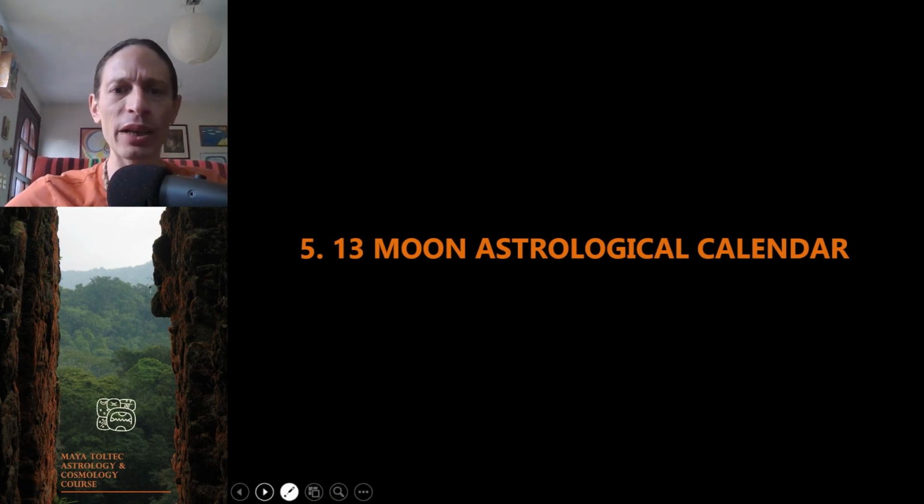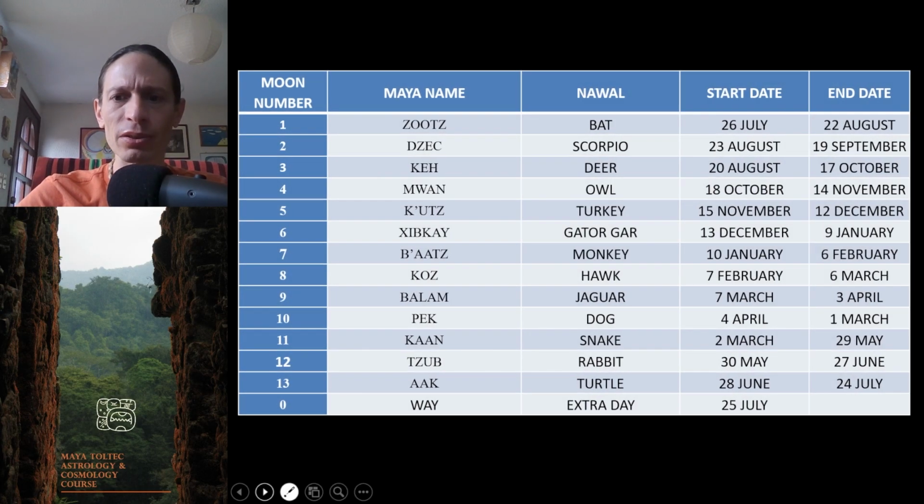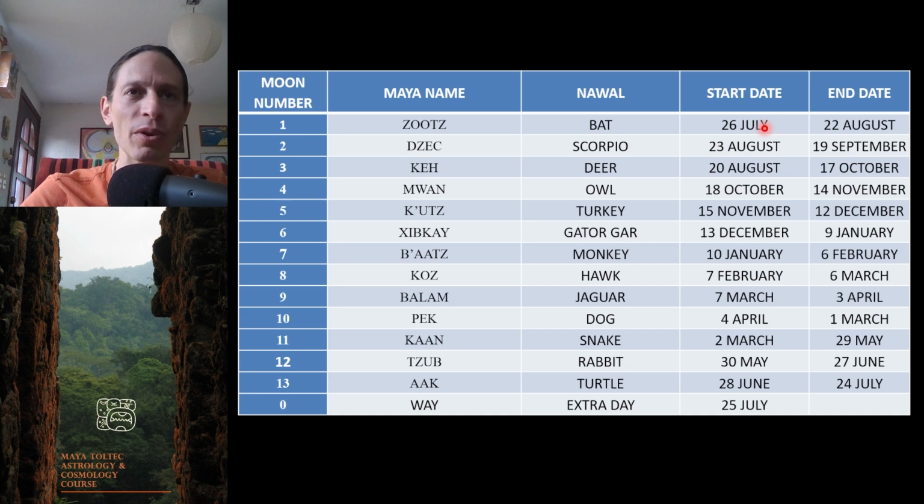So moon astrological calendar, 13 moon astrological calendar. We talked about that. I guess just to show you that this is in your materials. You do want to have this chart where it points out the exact dates. Now, this varies a little bit from one source to another. I think this is Arguelles' source. The source I used initially was Hugh Charleston Jr., which is actually, I believe, the source that even Arguelles got it from.